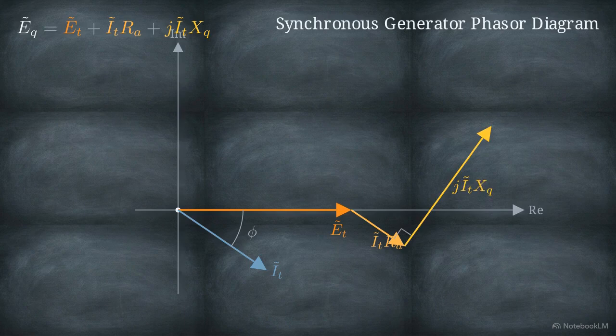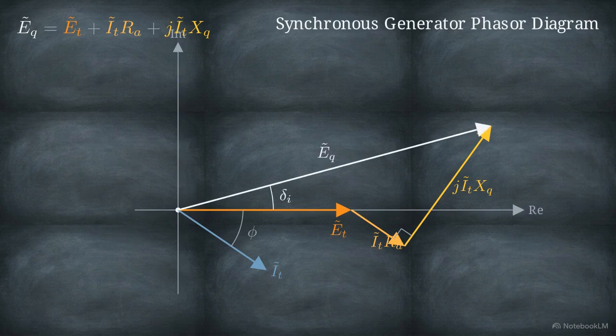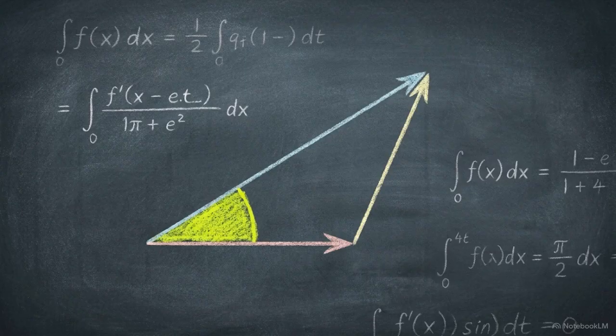We have traced the voltage from the terminals, through the resistance, and through the reactance. Connecting the origin to this final point completes the polygon. This resultant vector shows the magnitude of the internal voltage, EQ, and its angle. Extracting this internal angle, delta I, through geometric deduction provides the exact mathematical parameter required to calculate a generator's active